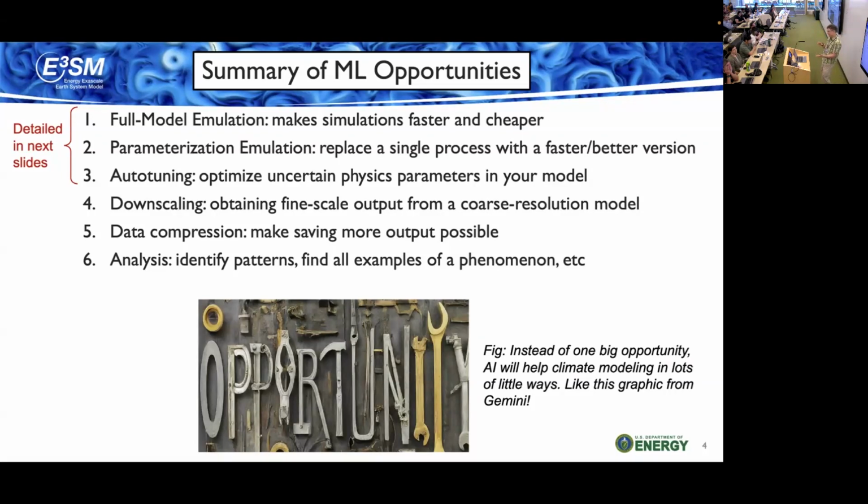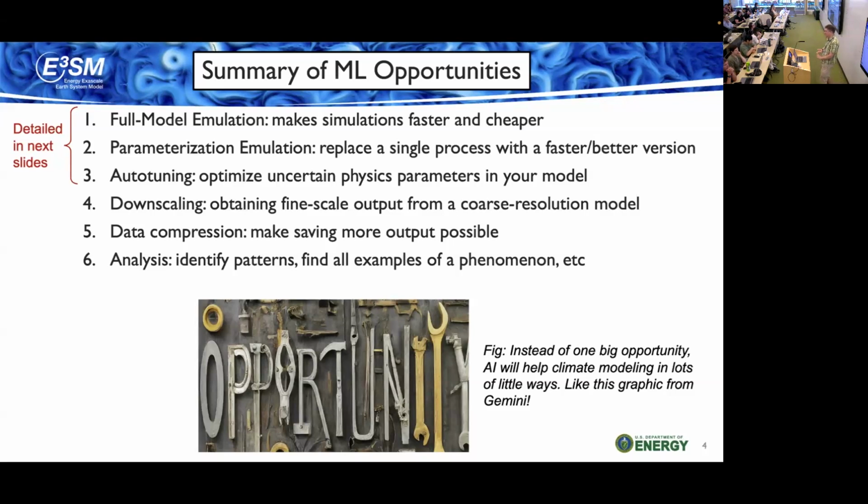Another thing that's a very different use is what's called auto tuning. You all probably know now that there are lots of uncertain physical constants in our climate models. We usually come up with optimum values of those by thinking hard about it, basically doing a bunch of simulations. But I think it's an obvious statement that this is something machine learning could help us out with a lot, right? So I'll talk a little bit more about that.